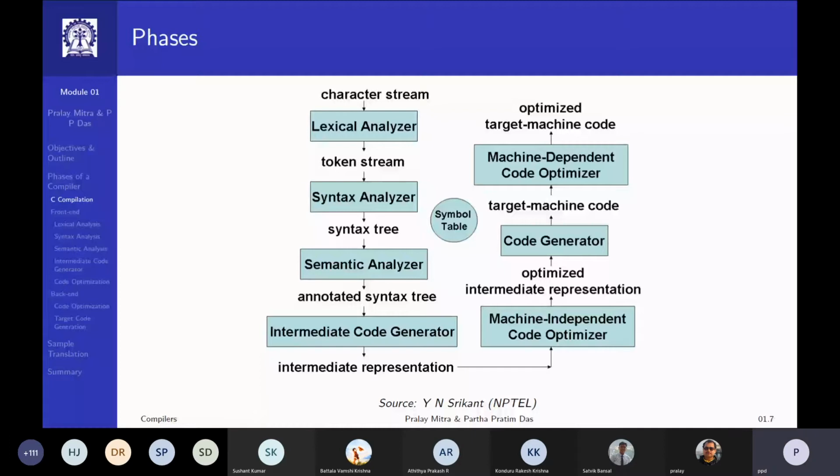This whole transformation cannot happen in one go. There are several issues that need to be taken care of. As you go through the translation process, you keep transforming, morphing your given source program into different forms till you finally reach your target binary sequence of code.